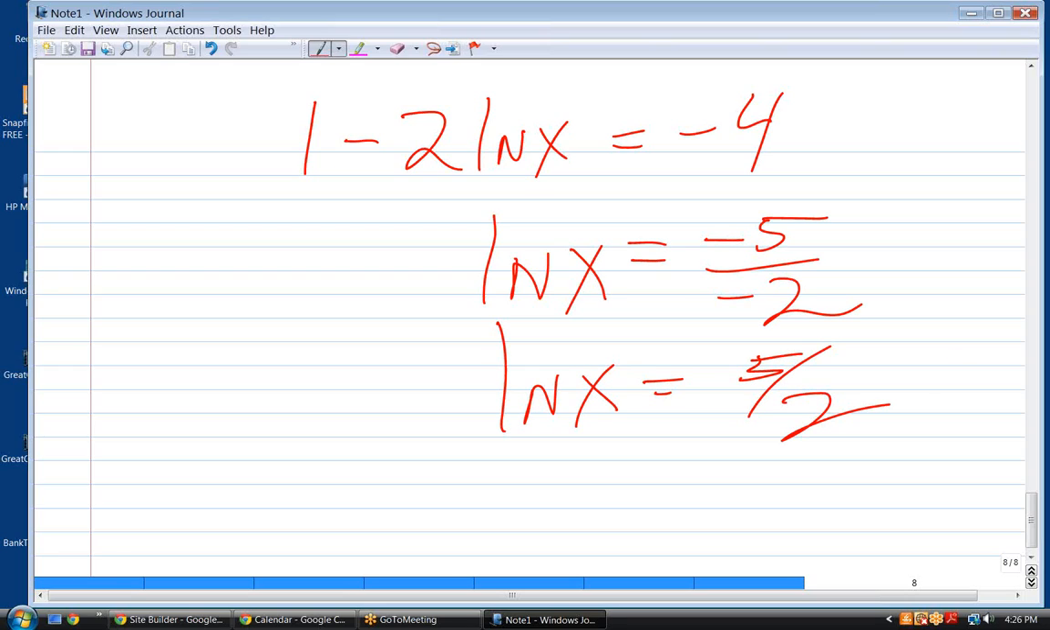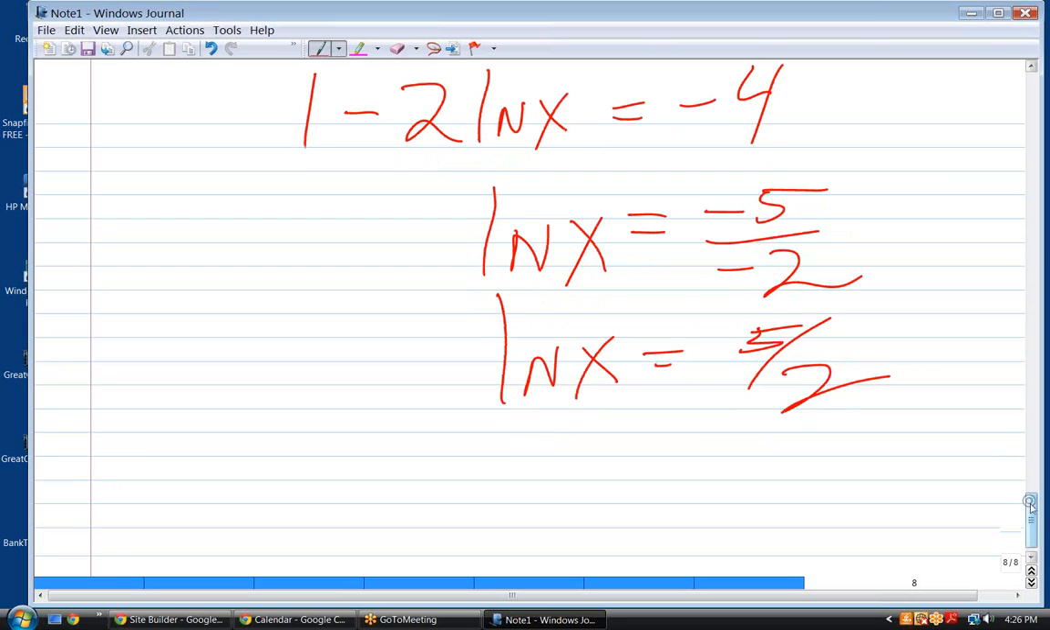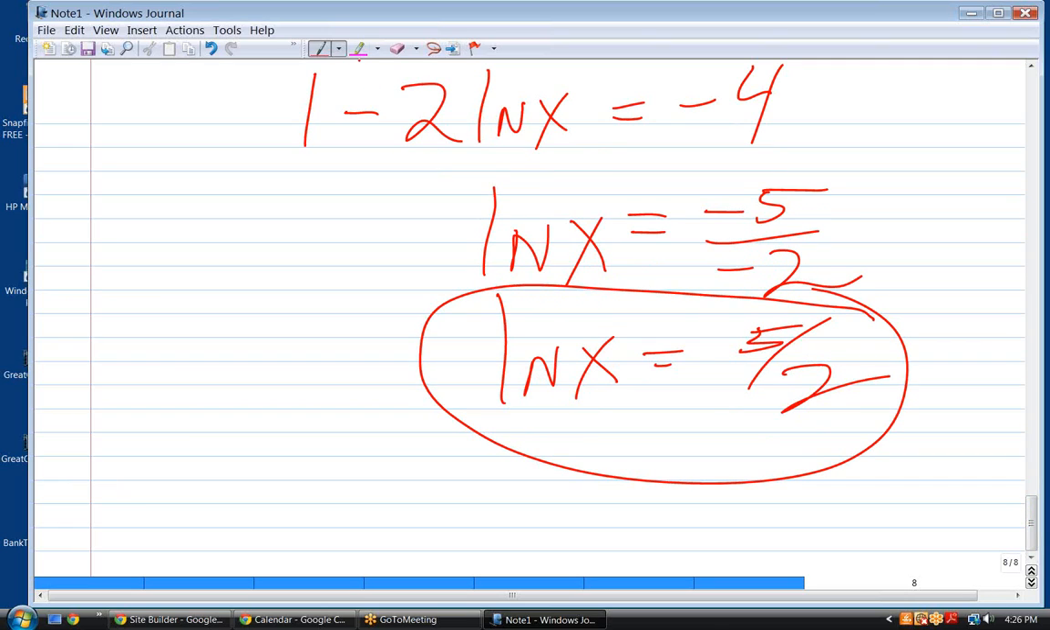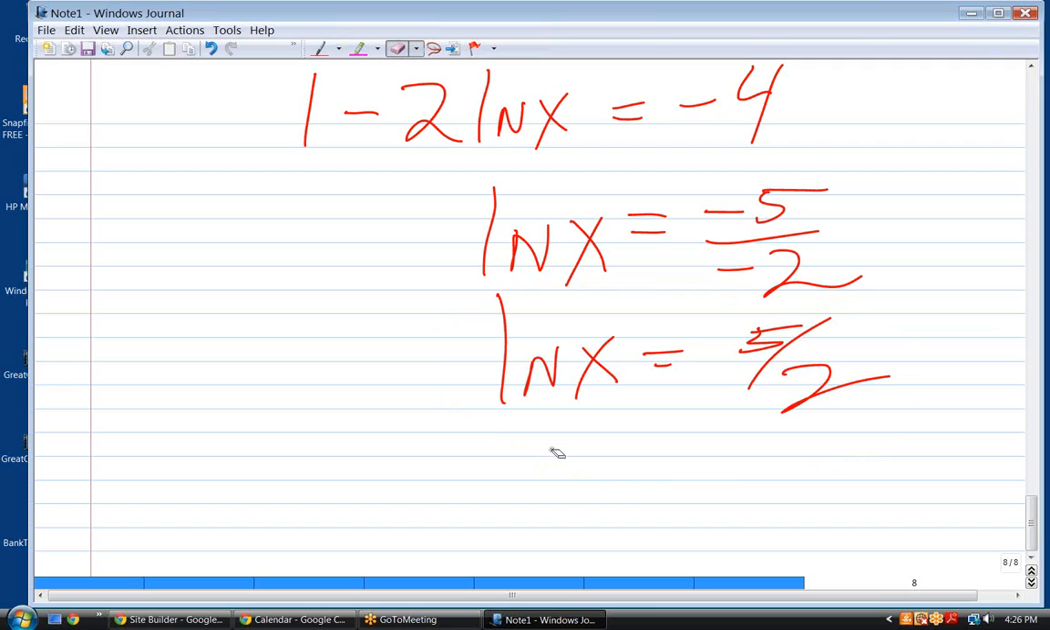So what's the answer for x? How do I solve for x? Now I get it to this point. Wouldn't it be x equals e to the 5 over 2? Yes. Exactly. X equals e to the 5/2,